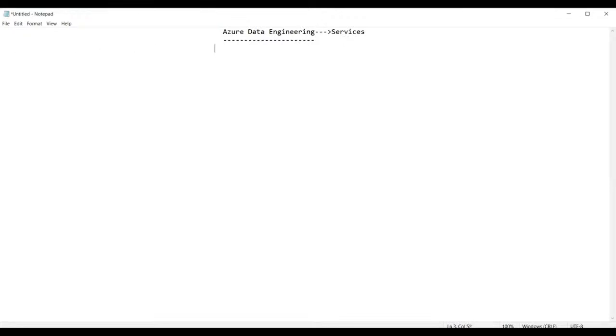Let us see what is the first one. We have the first one here as Azure Databricks. Then we have the next one, Azure Data Factory. And apart from this, we have the next service called Azure Synapse.